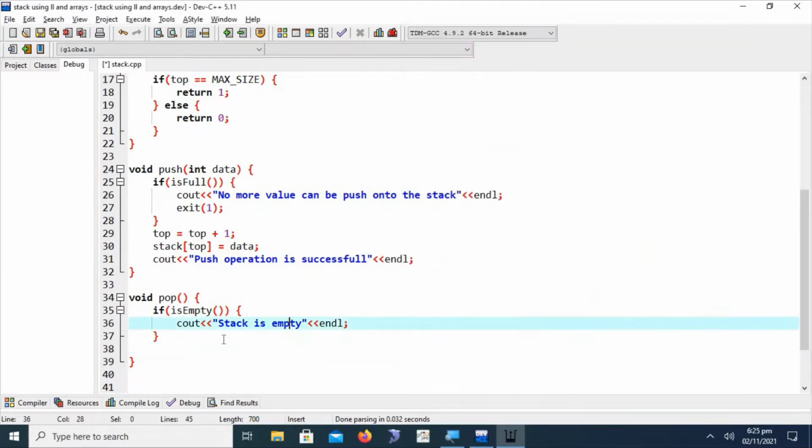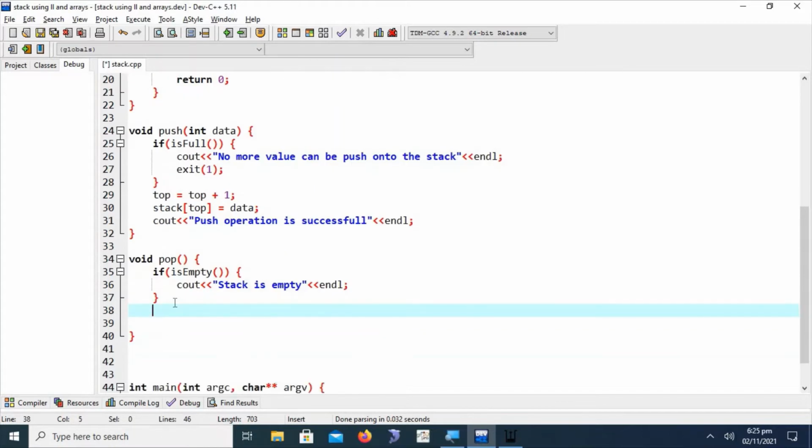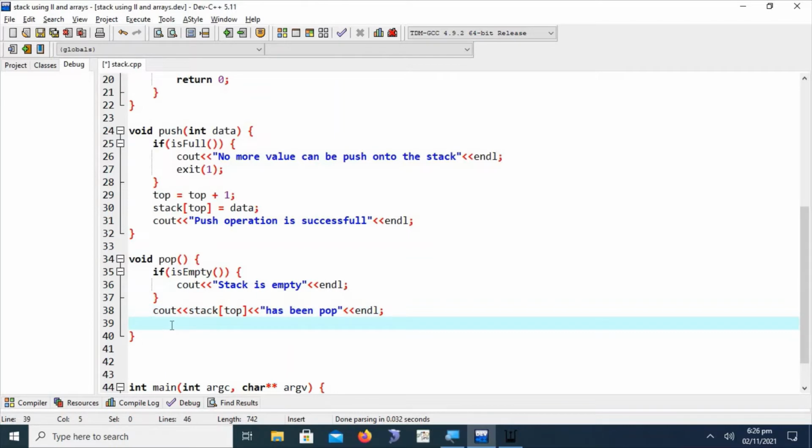Okay, let's see. We have to print out with cout that the stack's top element has been popped, and similarly handle can be placed at the end of the line.